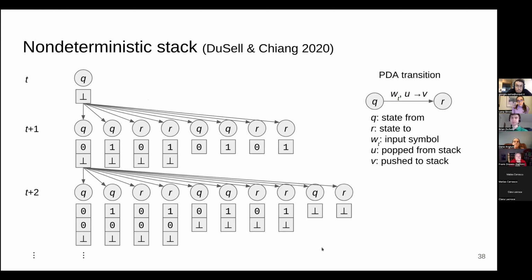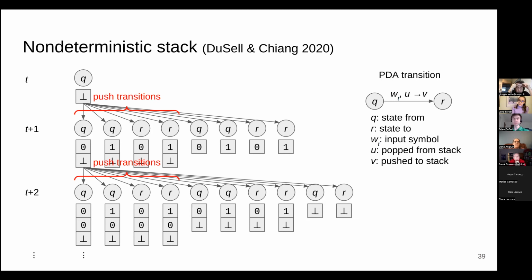Now, each of these branches corresponds to the application of a specific PDA transition, and I've summarized what a PDA transition looks like on the right. You're always going from one PDA state to another. I'll mention that the pushdown automaton in this case has its own finite state control that's independent of the RNN. You predefine the number of states, which is a hyperparameter in this model. So every transition goes from one state to another, scans an input symbol, and replaces some sequence of symbols on the stack with something else. Either U or V can be empty, which is how you can push or pop elements.